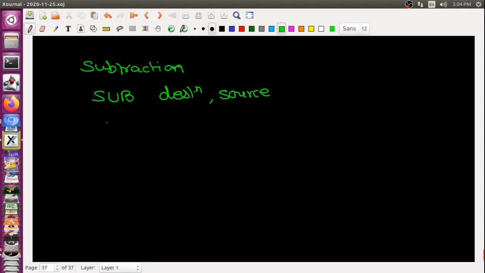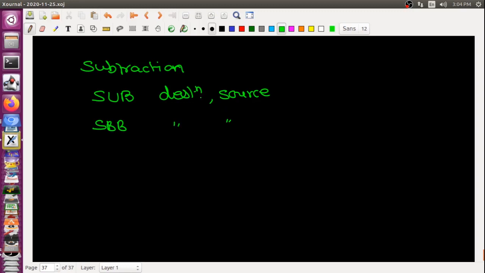And as compared to ADC, where the previous carry is added with the source and destination, in this case the borrow comes into the picture. So the instruction changes to SBB, subtract with borrow, destination, source. The same type of operation is done.